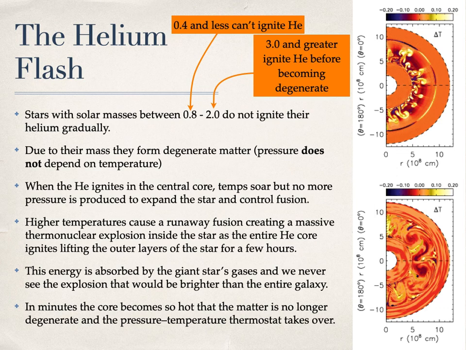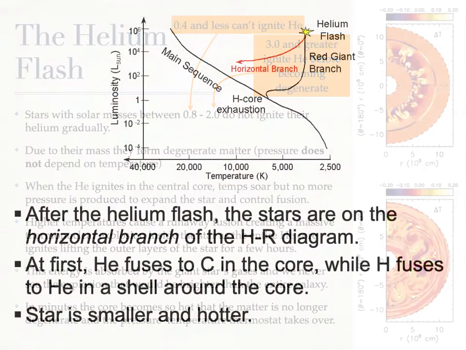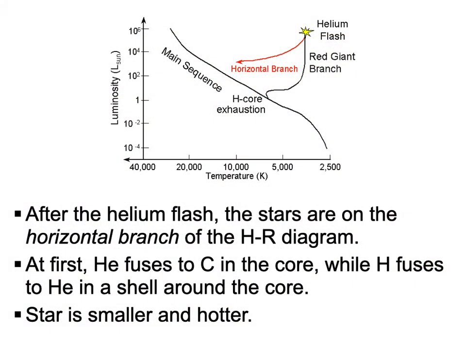The causes of this are essentially the matter becoming degenerate down in the core of the star, right? And then all of the helium igniting at once in a thermonuclear explosion. That's essentially what causes the helium flash. Okay, here we go. So after the helium flash, stars move over to what we call the horizontal branch of